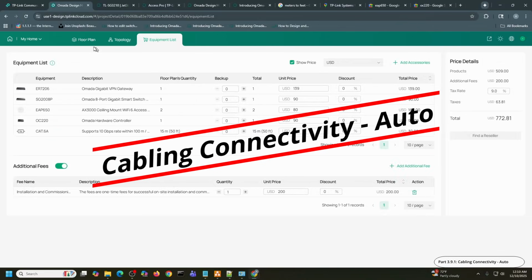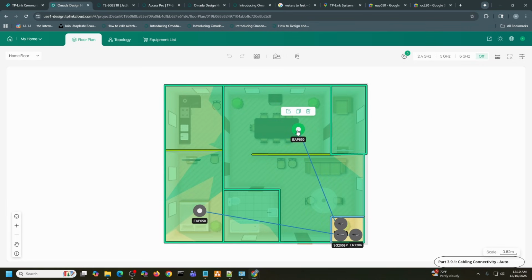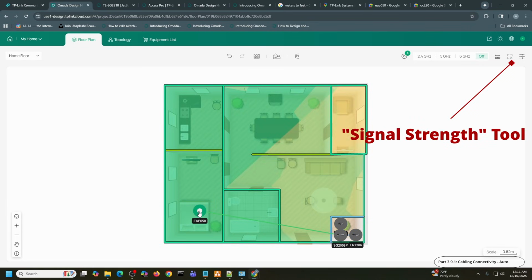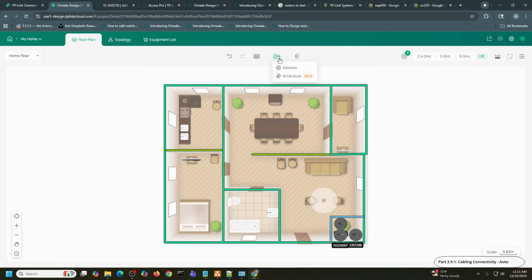So let me just go back to the floor plan, and let me show you a different way of doing the exact same thing or similar thing, but this time using the AI tool. Okay, so let me just select this and delete that, select this and delete that, and let me just add those devices again,